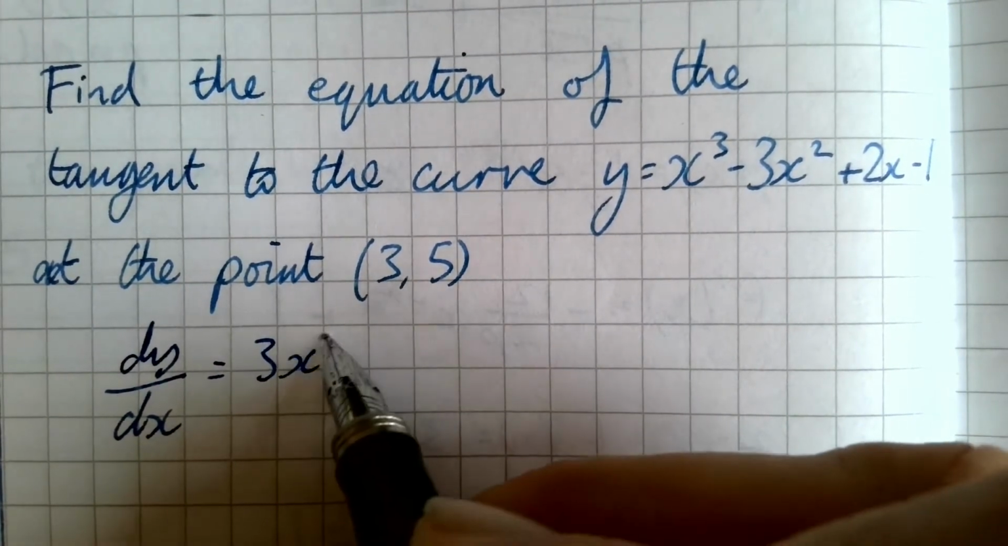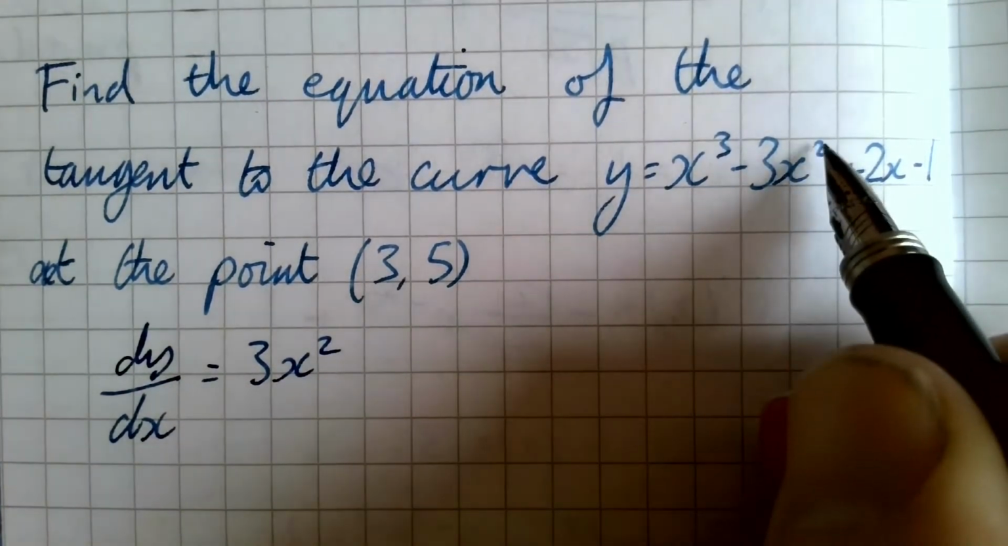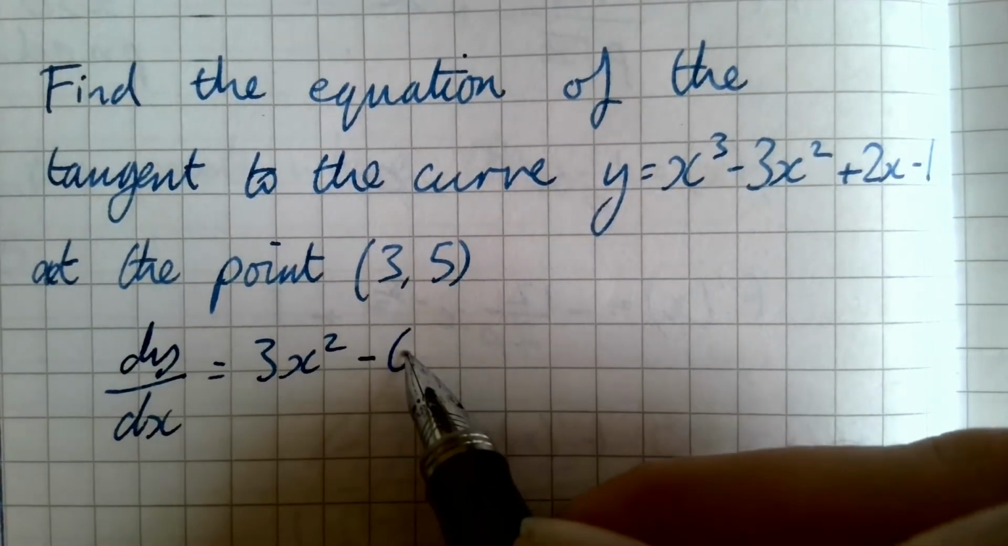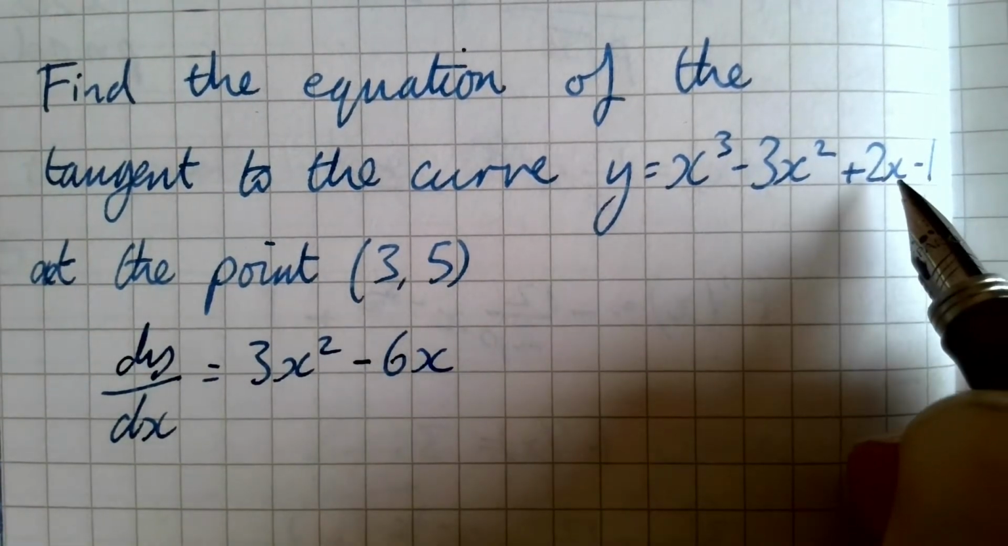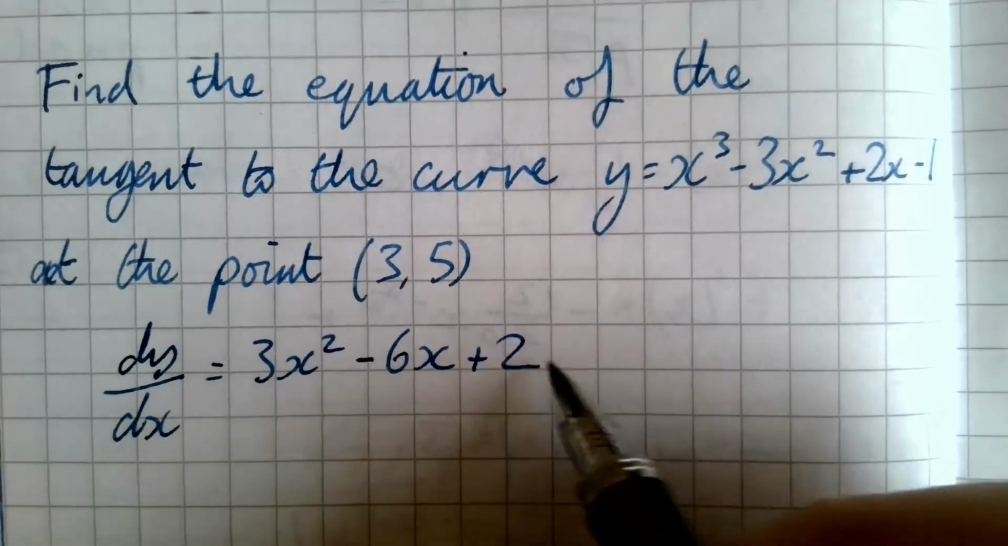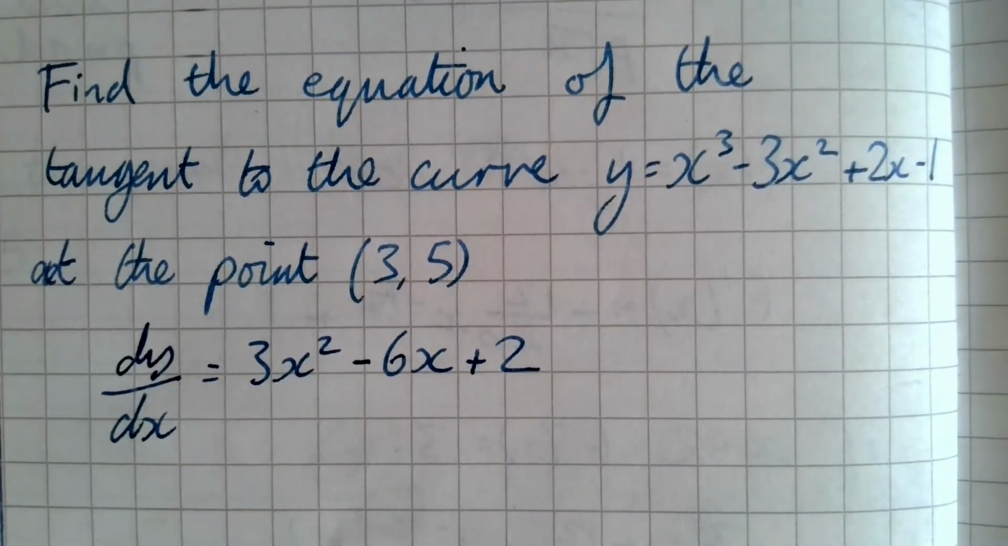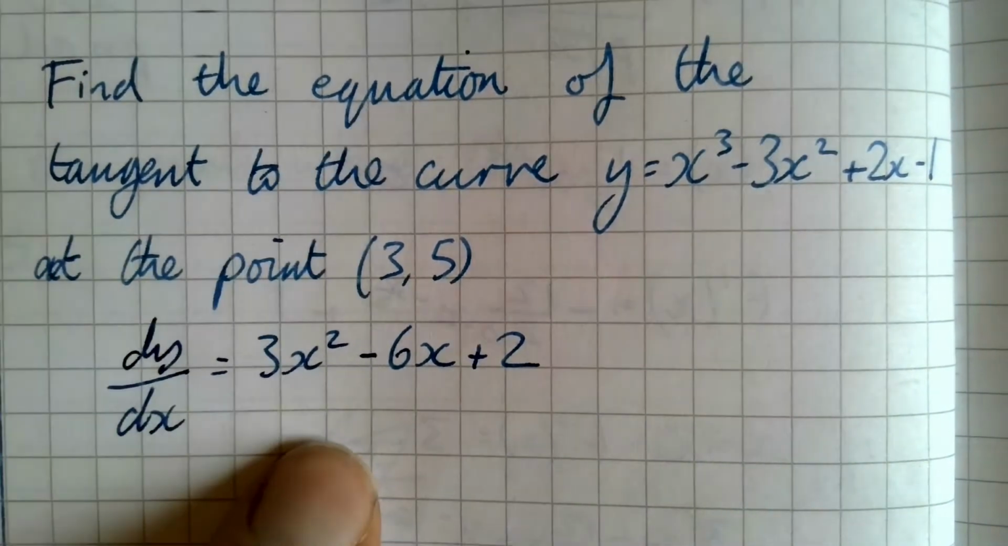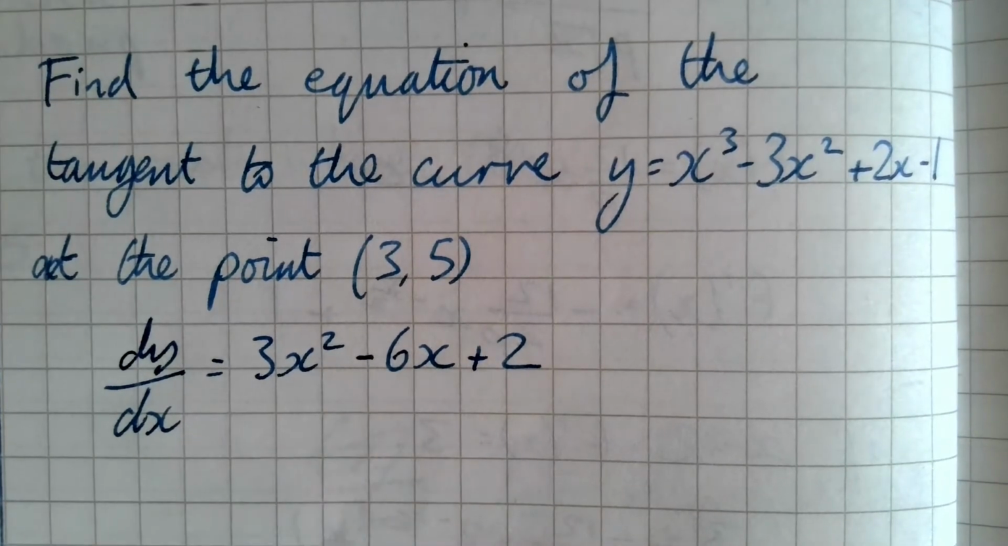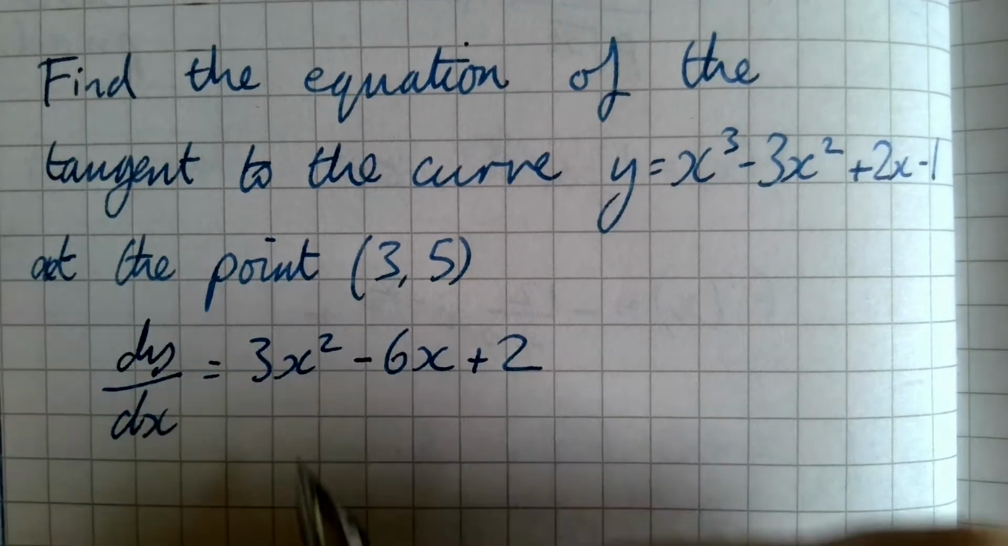3x squared, then 2 times 3 is 6, so negative 6x. Then 2x, we just have the 2 and we lose the constant altogether. So that's our gradient function. Now what we need to know is, what was that gradient when x was equal to 3? So